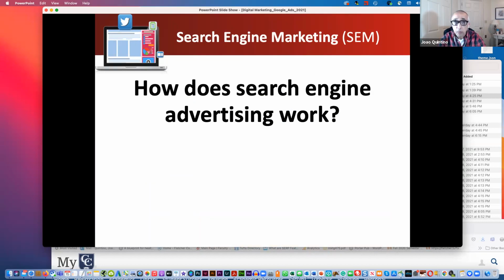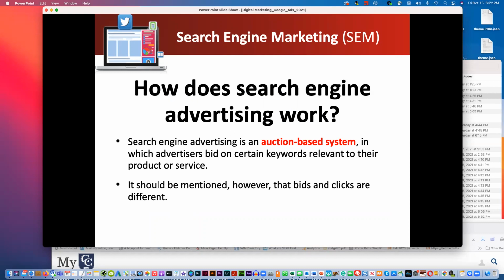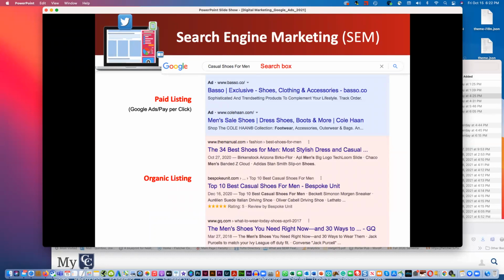So let's go over how the process works. Professor, may I say something? Yeah. When I do the search and I find some of those paid ads on the top, I don't know if that is just my experience, but I never pay attention to those. Yeah, some people don't. They look exactly the same as the others. The only difference is they have the Ad label here. Yeah, I don't pay attention to them either. Yeah, some people, for some reason, don't pay attention to that, because in their mind this is just a paid ad. Yeah, it is a paid ad, but yes, it's relevant to what you're looking for,